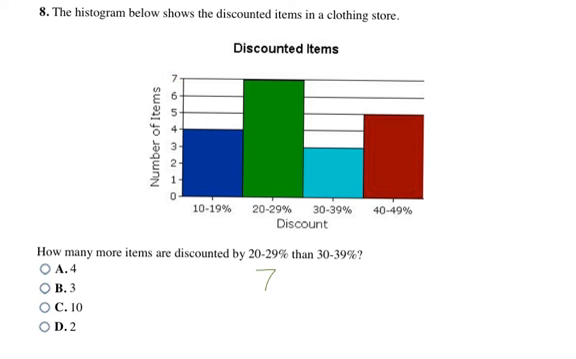And then I do the same thing for 30 to 39%. I go to this light blue bar that represents 30 to 39%. I go to the top and I go over, and I see that that represents 3 items. So then I just subtract those numbers, and 7 minus 3 is 4, which is a total number of items, which is choice A,